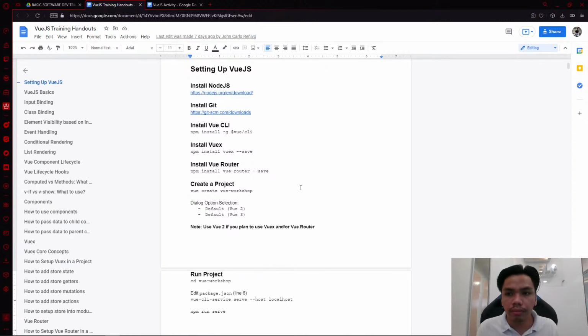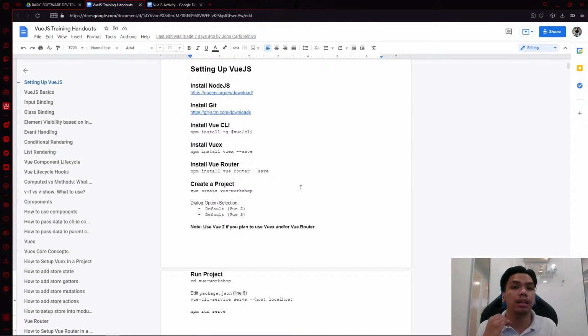So in this case, why we added Git here is because we will be using our Git repository, which was used previously in order to implement our VueJs code. So next, what you need to install is VueCLI. In order to install VueCLI, you need to first install Node.js and then use that to install VueCLI itself